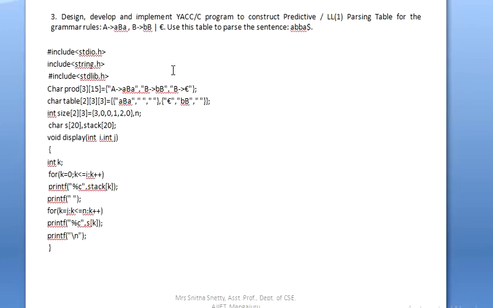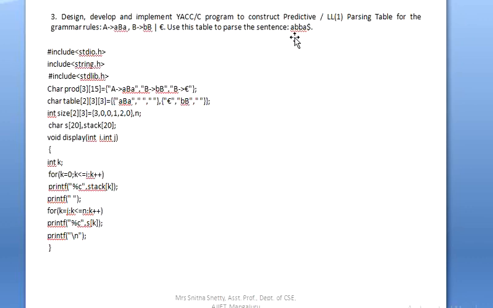The question is: design, develop and implement a YACC or C program to construct a predictive or LL1 parsing table for the given grammar. The grammar is A gives ABA, so that is the first production. The second production is B gives BB, and one more production is B gives epsilon. So there are 3 productions given in the grammar. And after constructing the LL1 parsing table, we need to parse the string. The given input string is